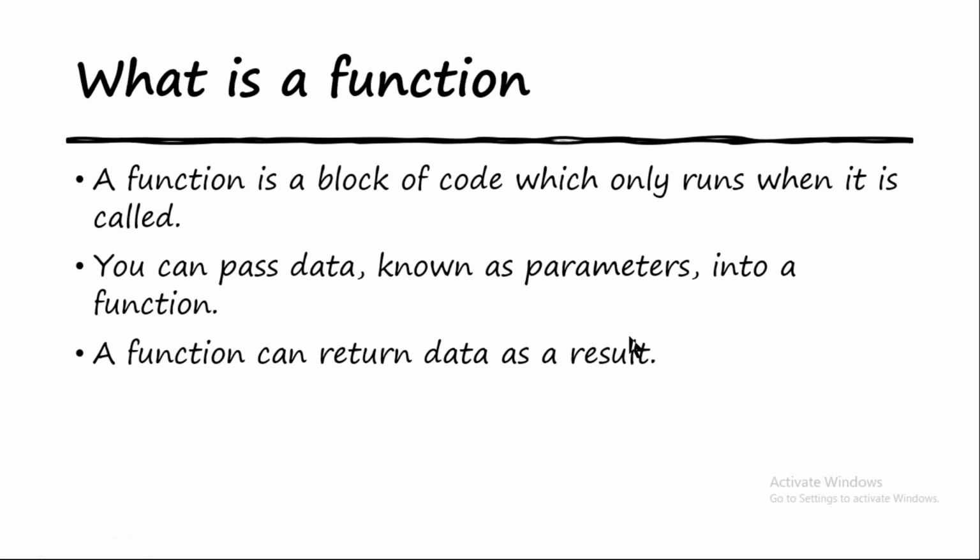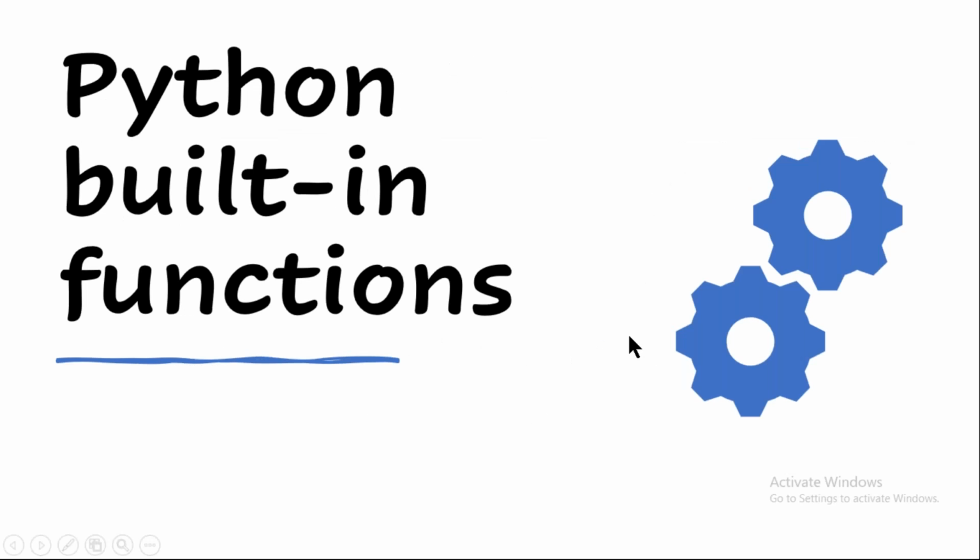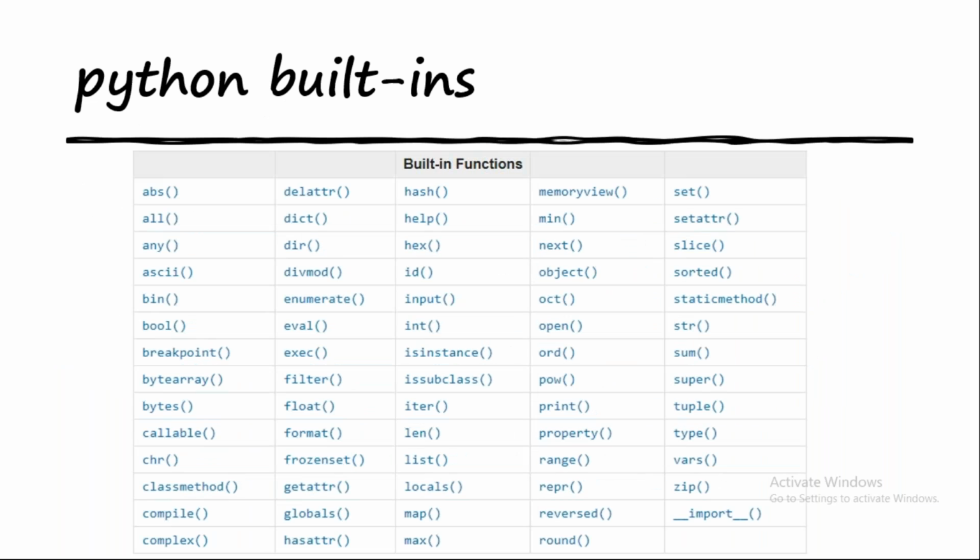Okay. So now let's get to know some built-in functions. You might have unknowingly used some of the built-in functions, like the print function. The best built-in function is the print function. I've told you about the help function, the list function, the len function, the format function. We have used many of these functions unknowingly till now, right? Let's just take some examples for now. Let's see 2 to 3 examples.